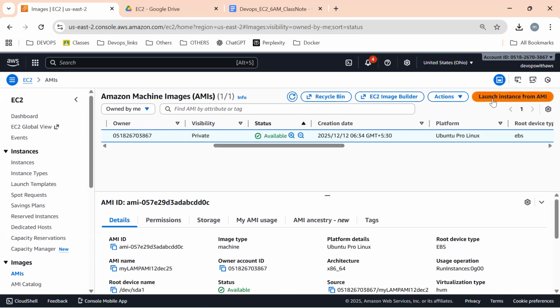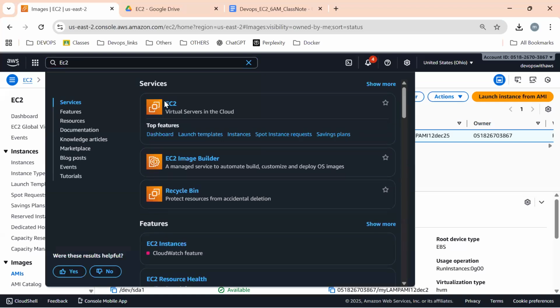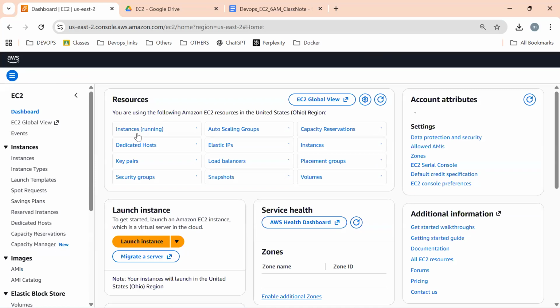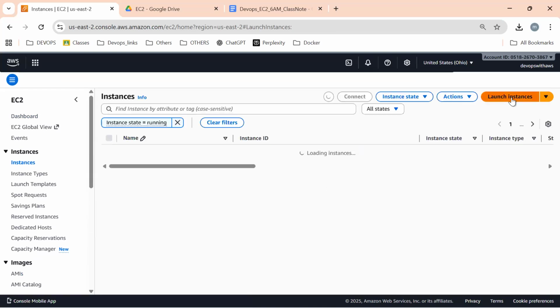Yeah, we can launch instances from here also. If we click here, automatically it will land into the EC2 dashboard where we create instances. Or else, the regular process: click on EC2, running instances, launch instance.